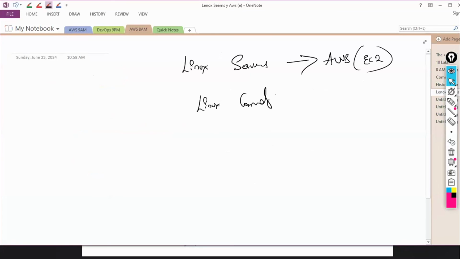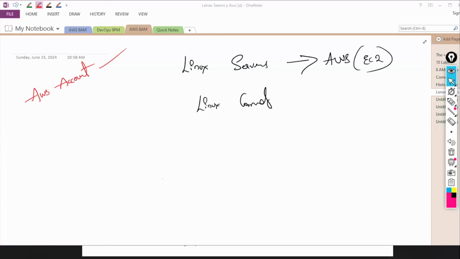Your task for today is creating an AWS account. Everyone be ready with your AWS accounts. I have explained how to create an AWS account. It takes hardly 5 to 10 minutes to create this account. So be ready with AWS accounts. Yes, now you can ask if you have any questions.